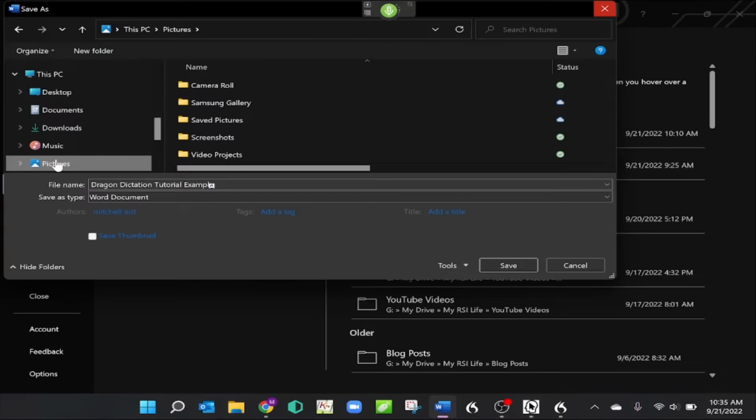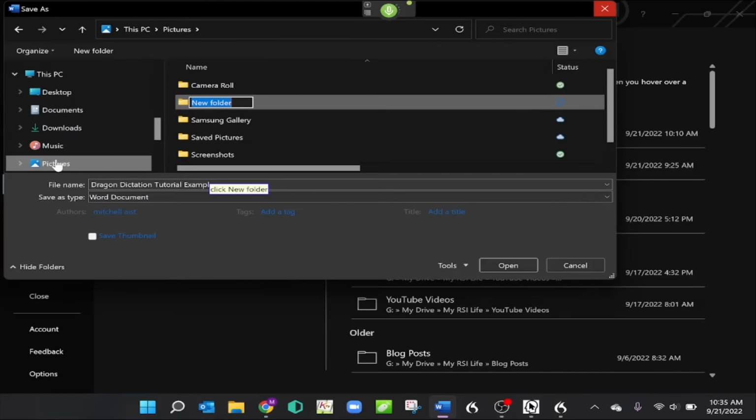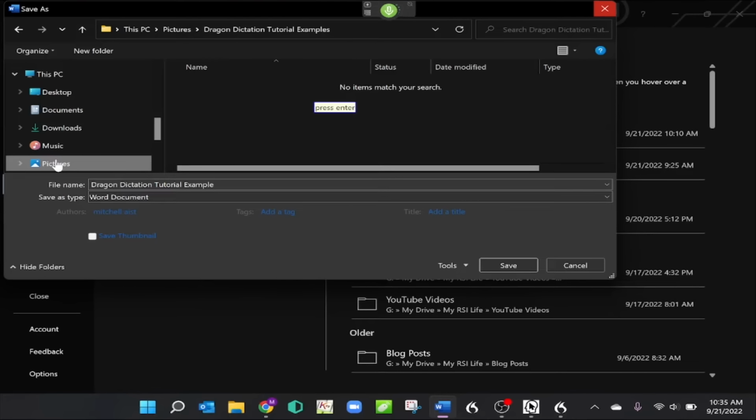Click New Folder. Press Escape. Press F2. Dragon dictation tutorial examples. Capitalize that. Press Enter. Press Enter. Click Save.